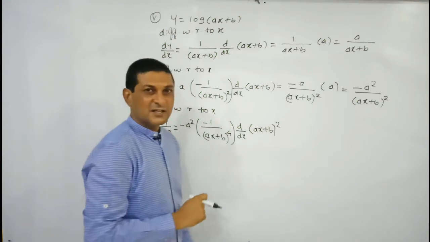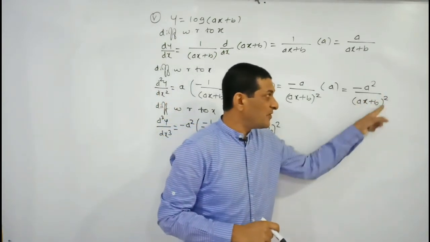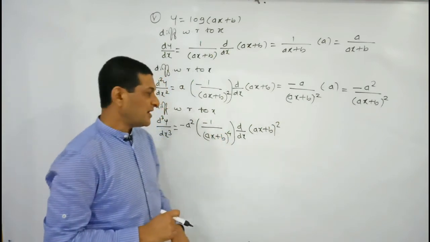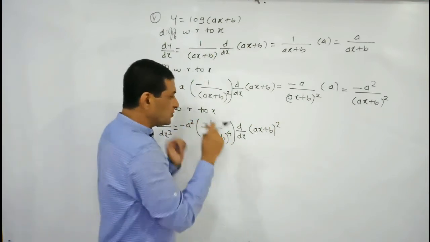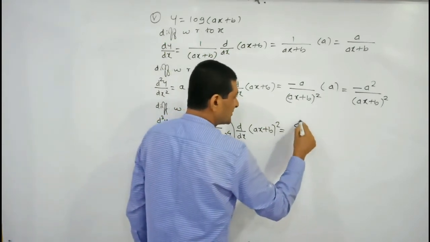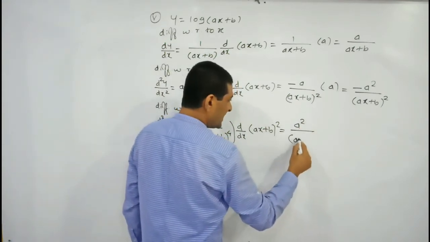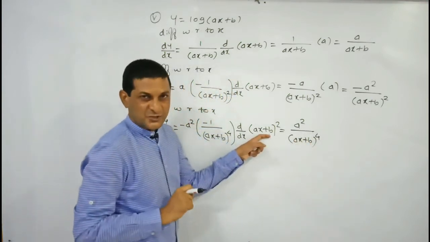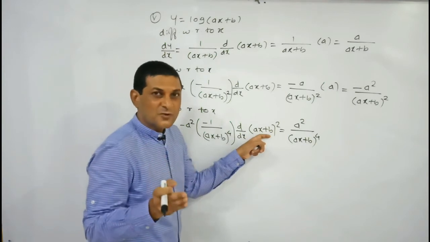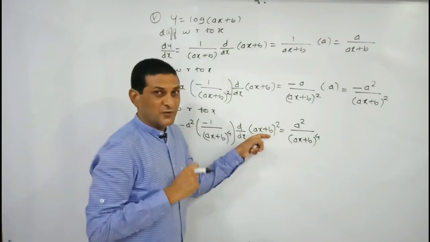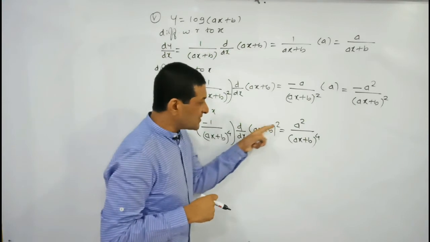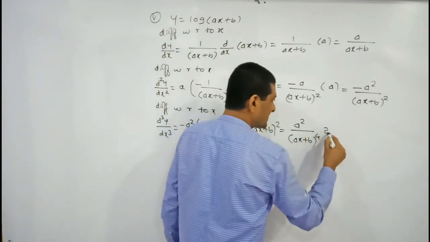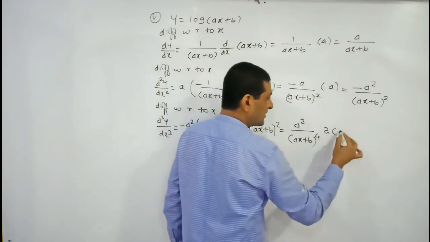Hope you are getting it. Here the function is in the form of 1 upon f of x, so its derivative is minus 1 upon square of f of x into the derivative of f of x. Here minus a square into minus 1 will be plus a square divided by ax plus b raised to power 4, and now we are finding its differentiation. To find its differentiation, we have to observe which formula the function is in the form of. It is in the form of f of x raised to power n, meaning first take the power of f of x as a coefficient, meaning we have taken 2 as a coefficient, then decrease its power by 1,